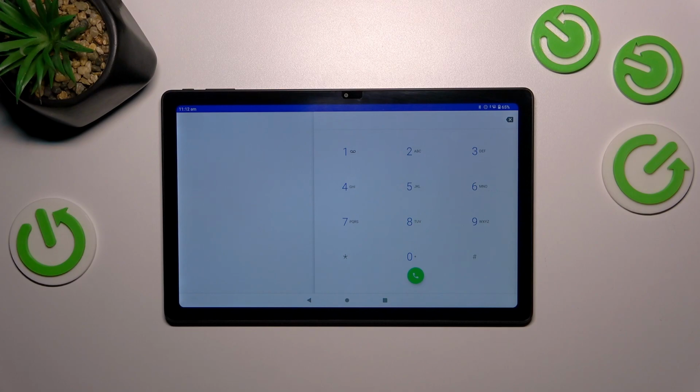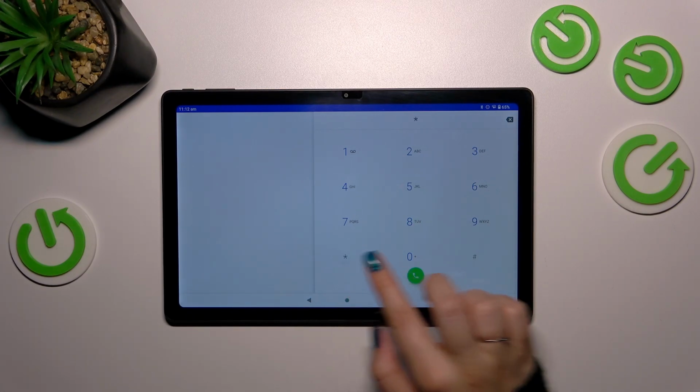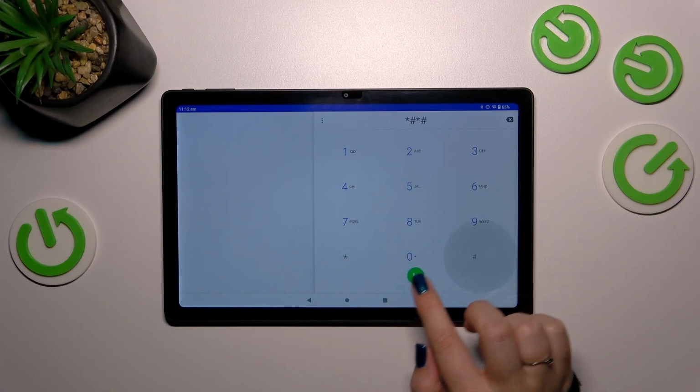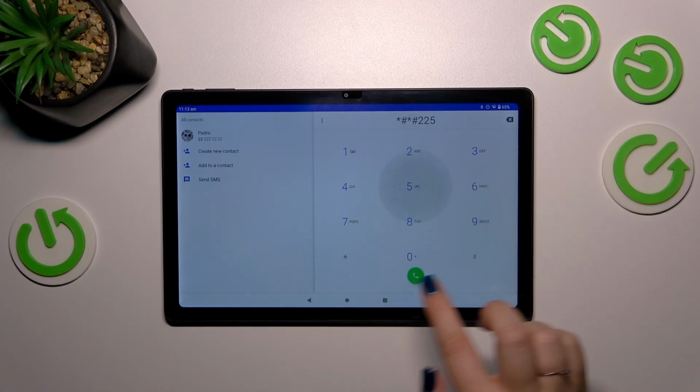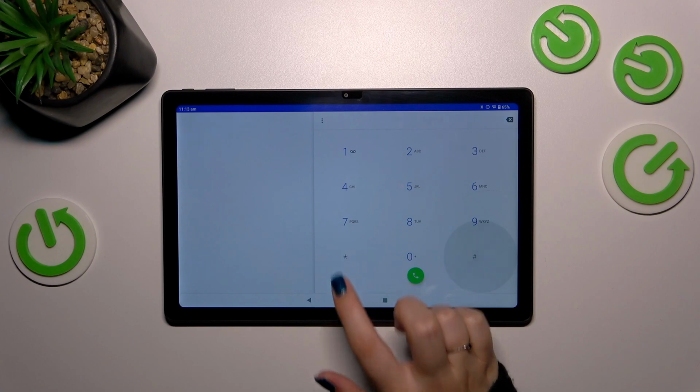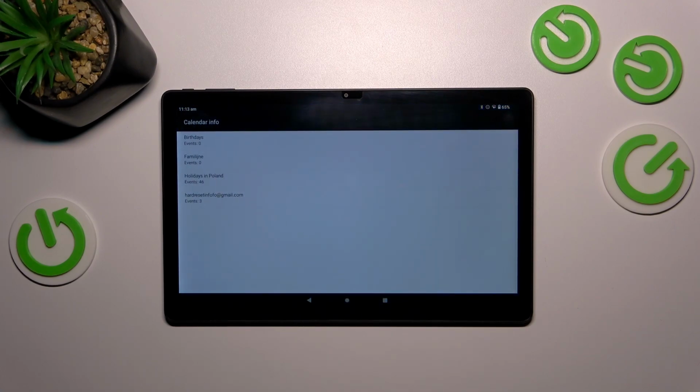Let's tap on OK and let me show you another code which will open the calendar info. It is *###225###. And as you can see, we are in the calendar info, so here we've got all the events in